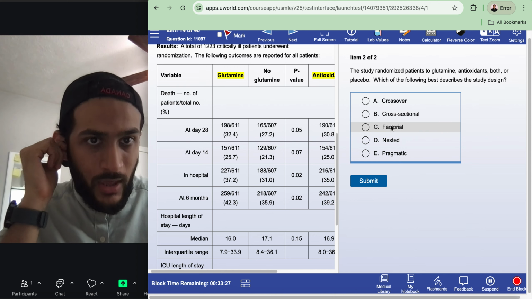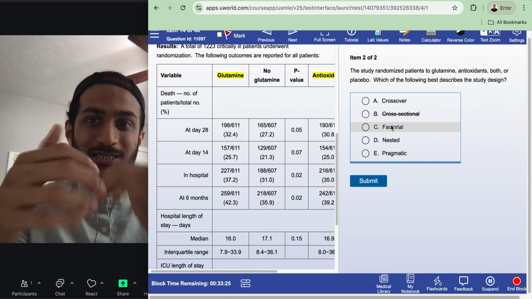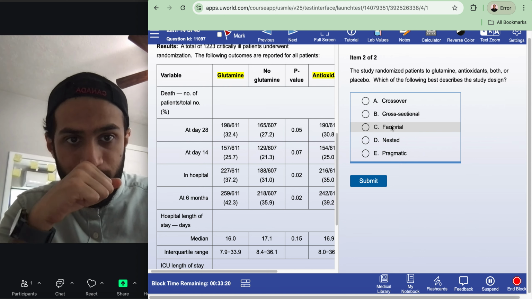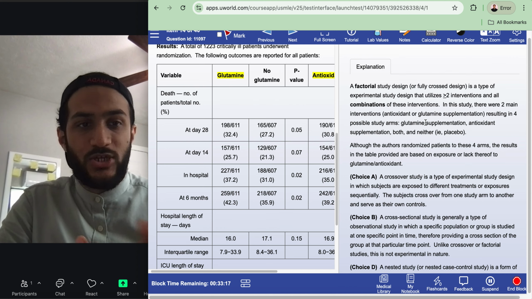It could be okay. Pragmatic means something that's practiced, so therefore it's external validation. Factorial, I have to go crossover, but it could be pragmatic. Factorial, okay, factorial. Let's see. Okay, so factorial study design, or fully crossover design, is a type of experiment that utilizes more than two interventions and all combinations